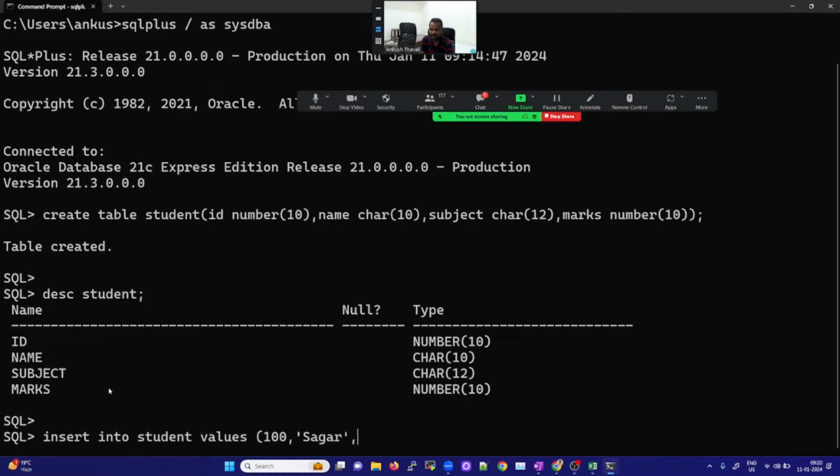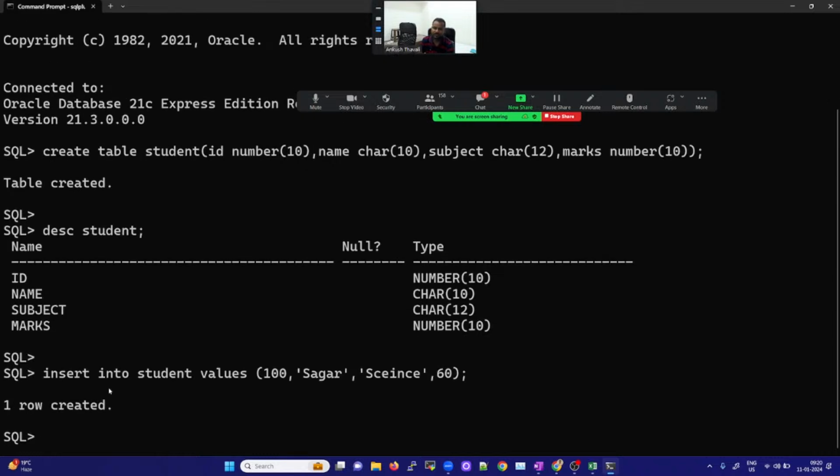What is the subject? The subject is science. What is the marks? He got 60 marks. The student first record has been inserted. The second record will be,